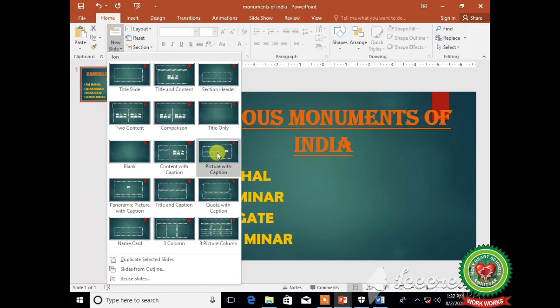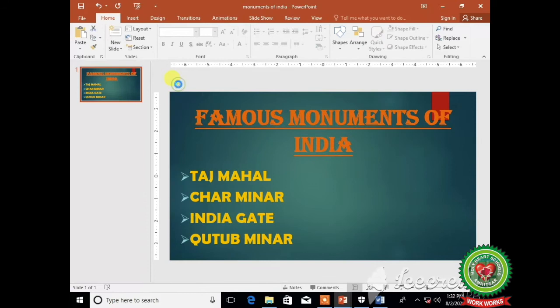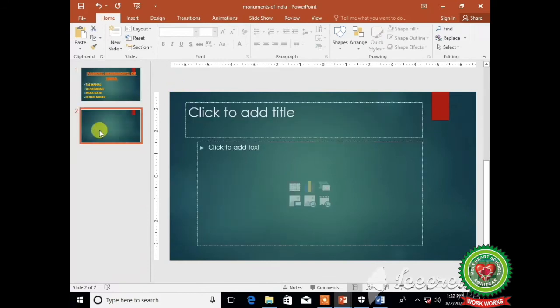So I am going to select the layout, title and content. This is the default layout, means whenever you will insert any new slide in your presentation, the default layout will always be title and content.